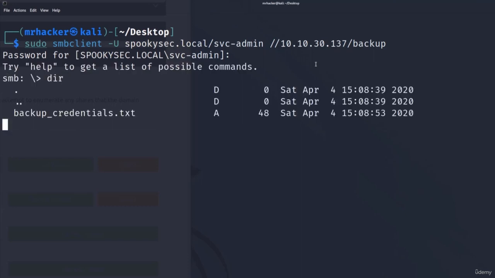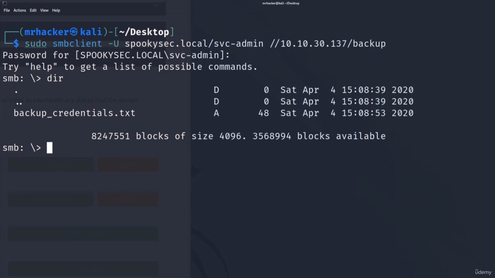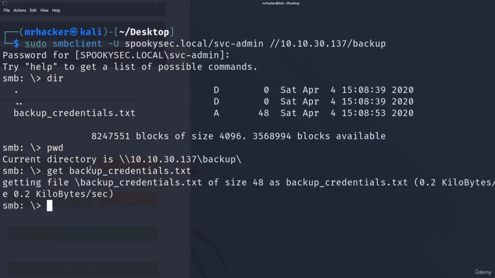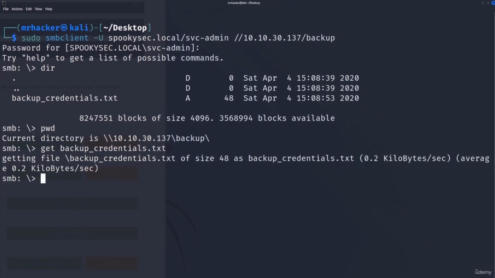And here, if I type dir, we get one file in the directory, which is the backup credentials. Let me see if pwd is working. So pwd is working and the current directory is backup. So we successfully entered the backup share, and we have one file, which is backup_credentials.txt, which of course will be interesting to us. So let's use the get command to get backup credentials, and we can see it is downloaded right here on the desktop. And the reason it's on the desktop is because my terminal is currently in the desktop directory, so that's